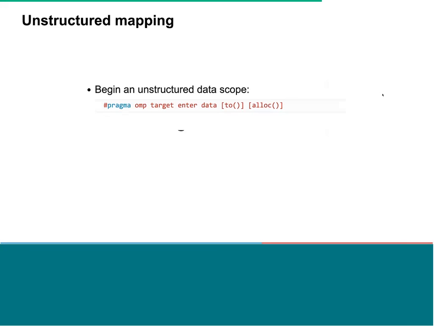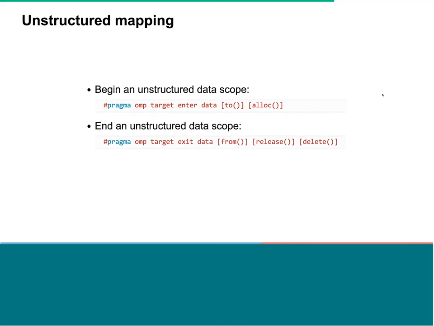All right, so target directives are the next topic in this section, and this is to cover all the different variants that we have. Target enter data begins an unstructured data scope. This is something that I strongly recommend the use of. In fact, generally speaking, I find enter data and exit data to make for clearer code than the equivalent scoped